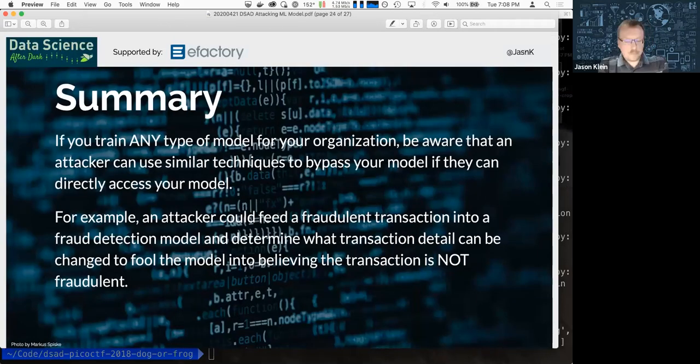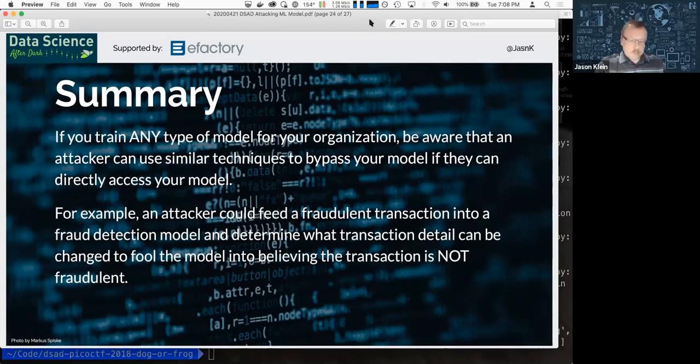So in short, if you're training models in-house and the models are critical to your business, just be aware that these types of attacks are possible. More so if people have access to your model, so keep those locked up if it's not meant for public distribution. But if you have to deploy your model to mobile devices or web browsers, which is a big thing now because you can push the processing out to the end user, just be aware that the results you get could be not what you expect.